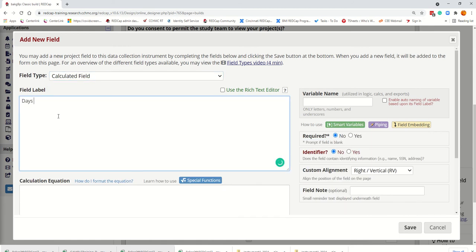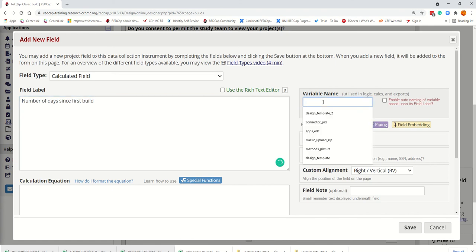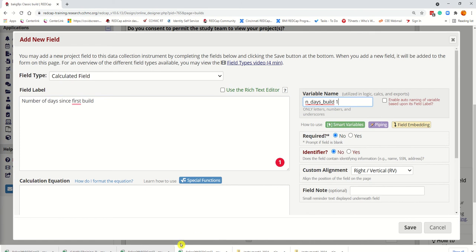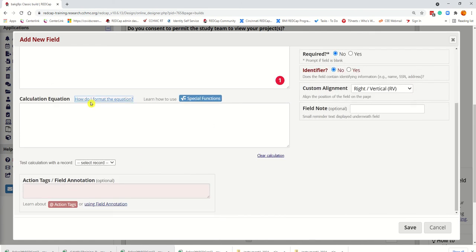Days since first build, right? So the number of days. So number of days since first build. In days build 1. Okay, so when you're trying to do a calculation, lots of times it's best to just go